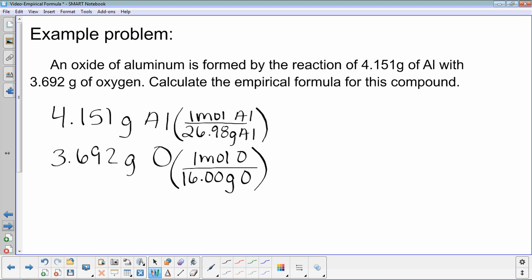So I have 4.151 divided by 26.98. I have 4 sig figs here, so 0.1539 moles. And I have 3.692 divided by 16.00, which gives me